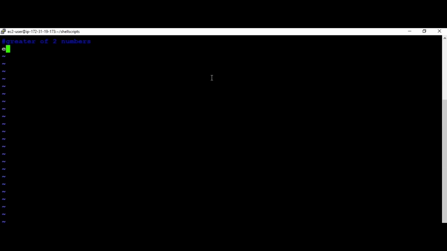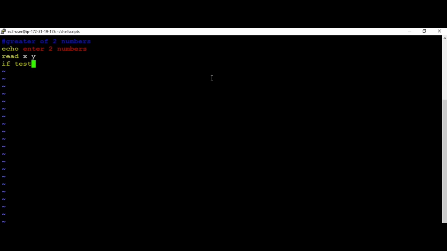Or if you want to accept from the user, like how we did in the previous program, I echo a message, enter two numbers. In fact, the quotes are also optional inside text. Now I can read two numbers at a time by separating them with a space, read x y.